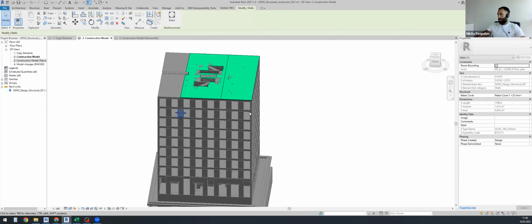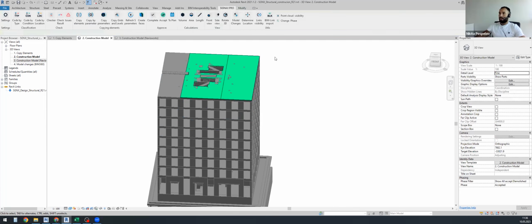If I select the elements, we can see that there is no information regarding the spatial location. So if we go to our feature, determine location,